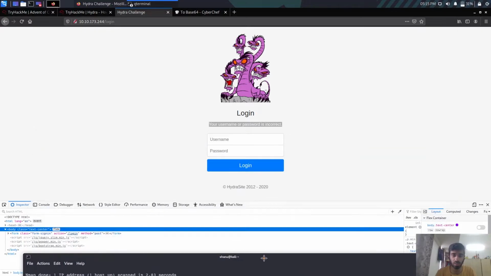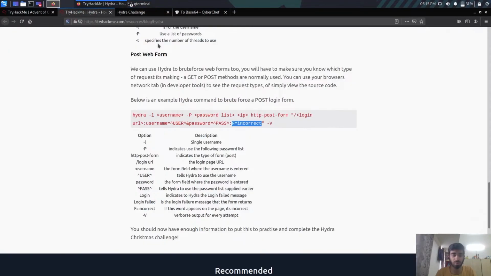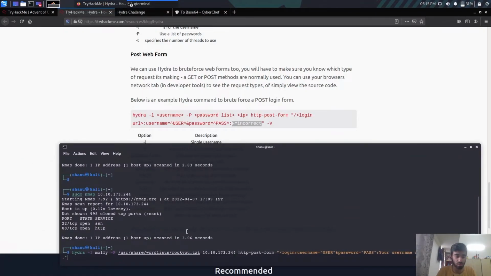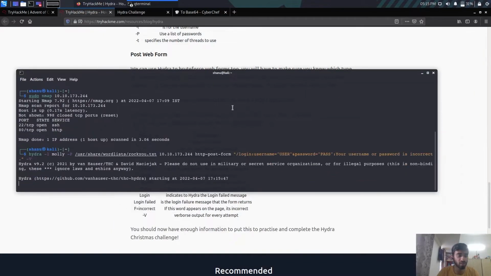Then, according to this tutorial, I am just going to close the quotation marks, and I'm just going to write v for verbosity so I can actually see what's going on. So when I press enter,